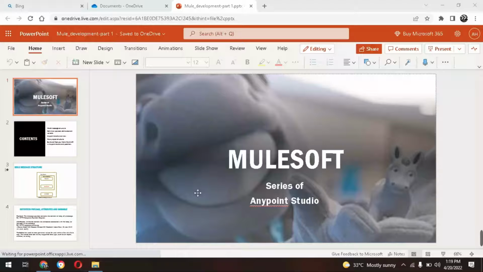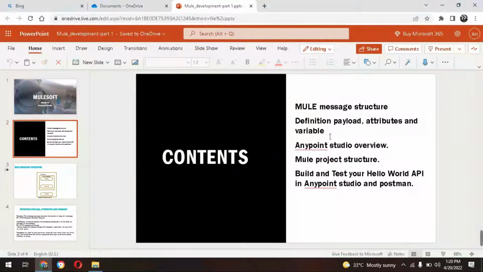Okay, coming to contents: the Mule message structure. We are going with the Mule 4 message structure. Once Mule started with creating APIs, there were versions like Mule 2, Mule 3, Mule 4. When I started my career with MuleSoft, I started using Mule 4 only. Mule 3 I have used somewhere, where inbound and outbound properties come. I haven't used that much, but I used the Mule 4 message structure. I will explain that here. That will be an important thing for your certification exam